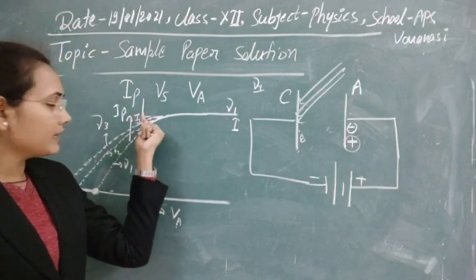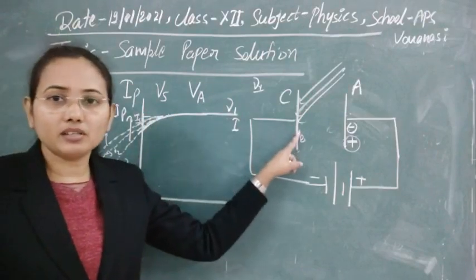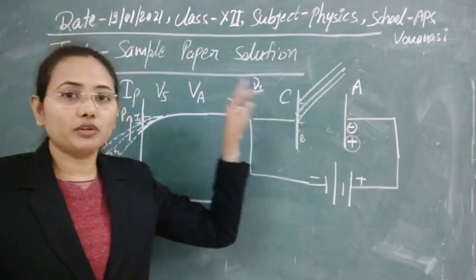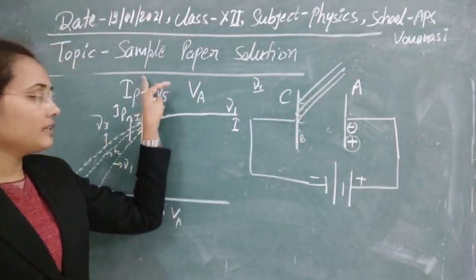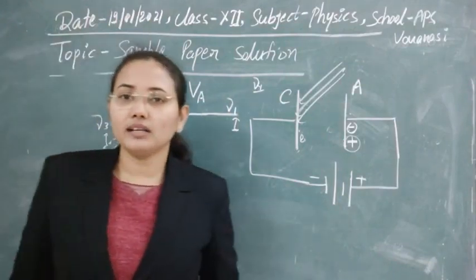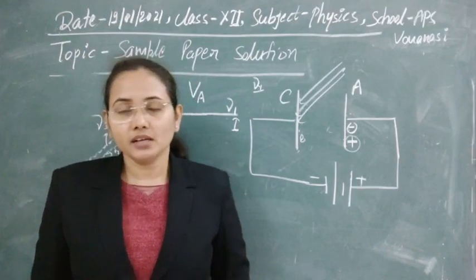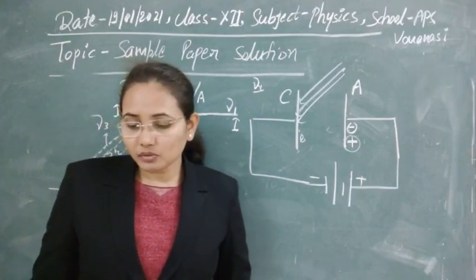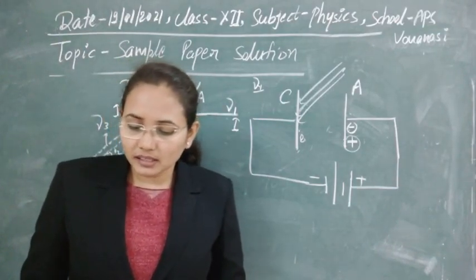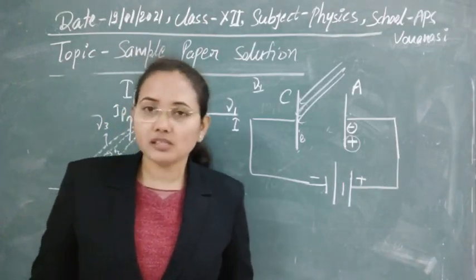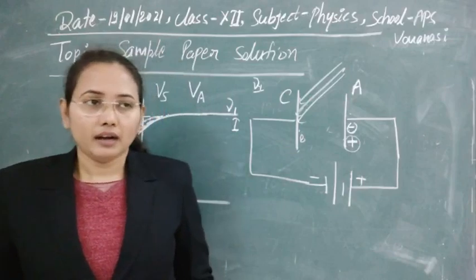Now this constant current can be increased when the number of electrons is increased. So if the number of electrons is now, suppose, 10, 12, 14, then this current will be increased. So saturation current depends on intensity. It does not depend on frequency. So our first statement, that the saturation current varies for incident radiation of different frequencies but same intensity, is not a correct statement.